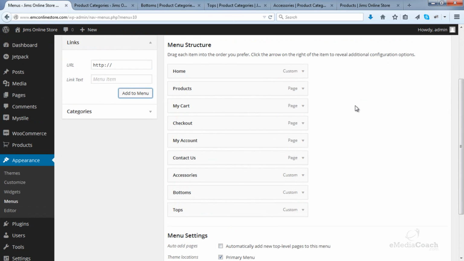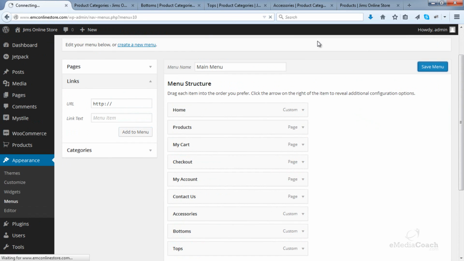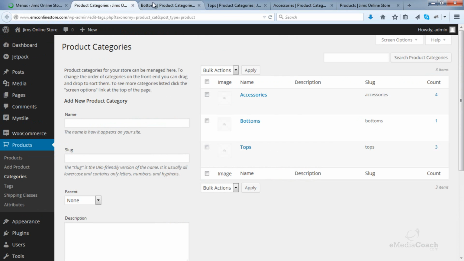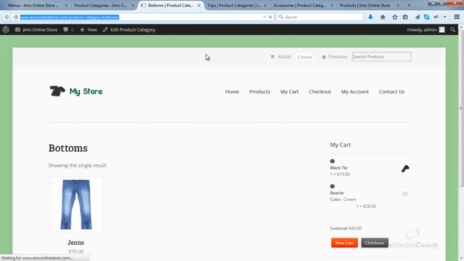Okay, now if I save that as it is, you'll see that the menu will appear in the top level, and you'll see what I mean when the page refreshes. There you go. So they appeared on the top level,